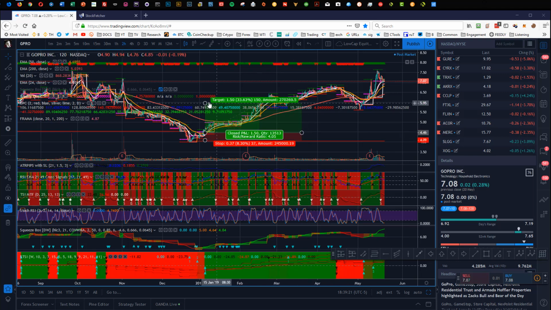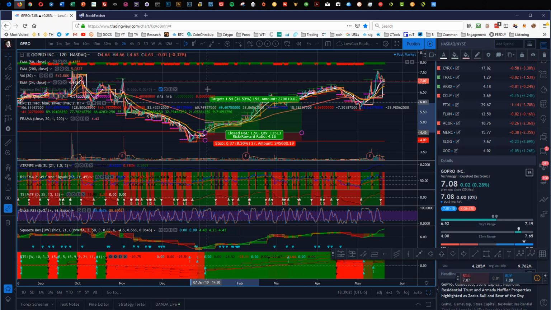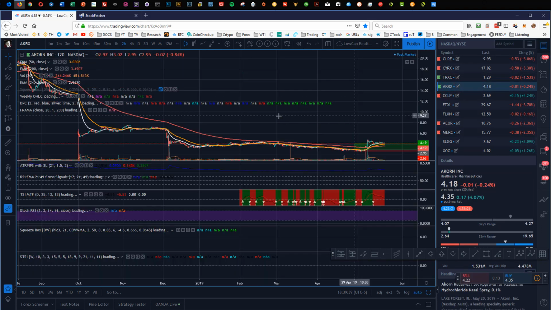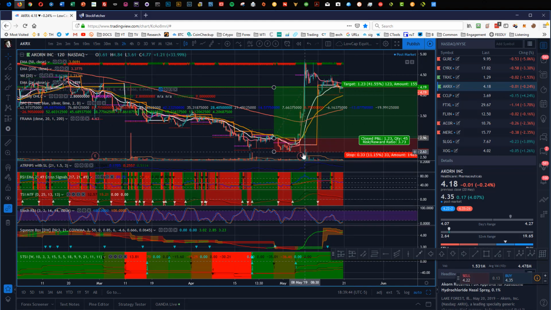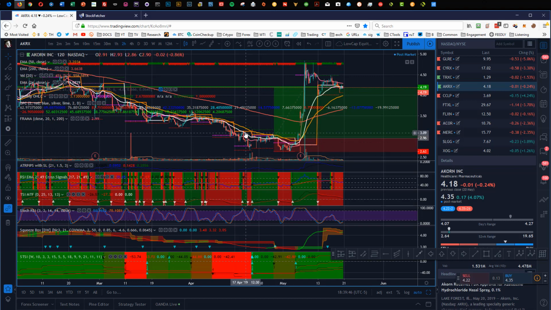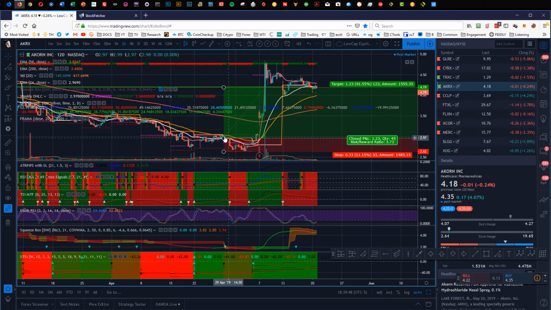So on this trade, for instance, the last position that I have right now, I've actually entered another position as well based on another signal, but the last position is in the position to run, and I'm currently up right around 58% from this last position. If we go to another one that is similar, AKRX, this is another one I bought before it gapped up pretty big. And you'll see on this one, I entered around 29 April,